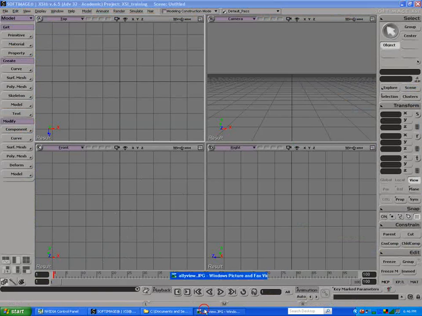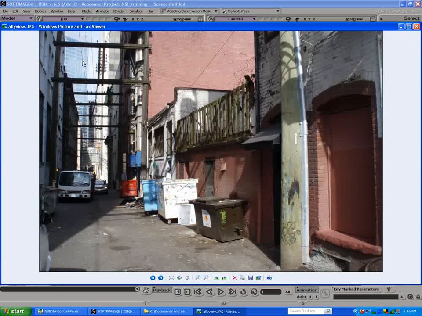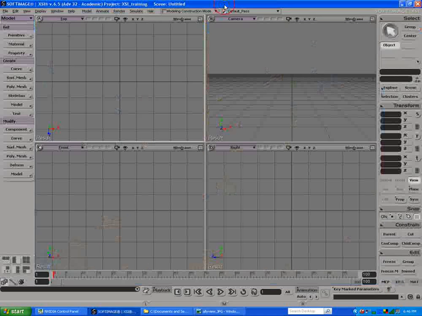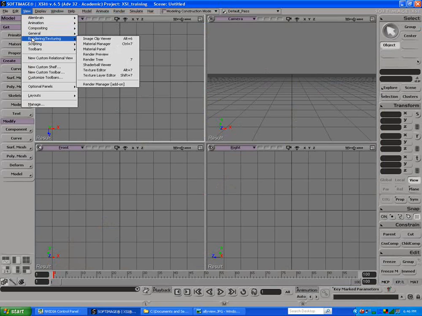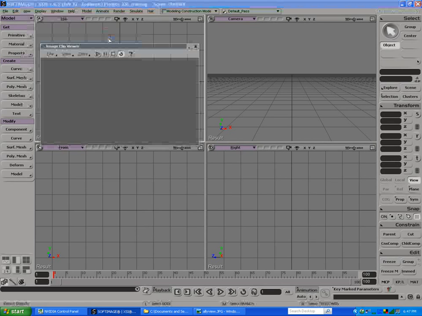I like to have that picture open, but the trouble is if you have it open in a viewer, every time you click on XSI it disappears. Well, XSI has its own viewer called the image clip viewer, under rendering, texturing. You can either get it there, or just use the browser and open up an image from the browser. We'll go image clip viewer, and we'll go file,